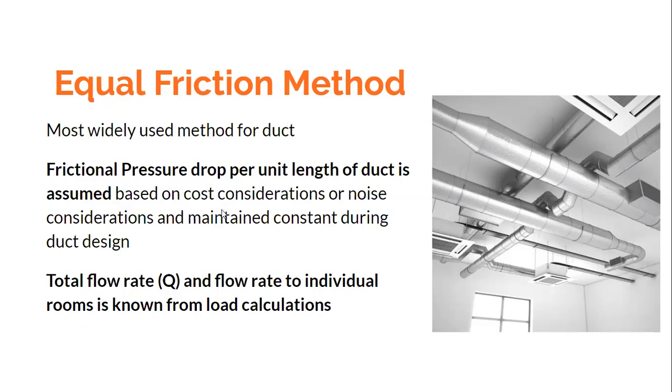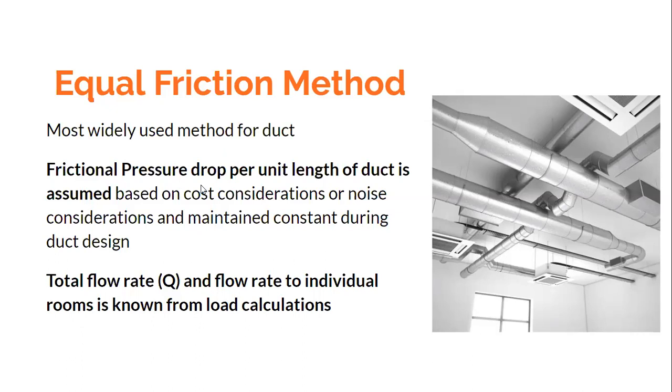On the other hand, if I choose the larger cross section, the duct material would be more, the initial cost would be more, the space occupied would be more, and that is a disadvantage, but the advantage would be the running cost, the resistance encountered by the fan would be less, the fan pressure drop to be overcome will be less, and hence the energy bill would be less. So these are the two important things we need to keep in mind, right? So there has to be some experience going into what should be the pressure drop per unit length. This could be one criteria.